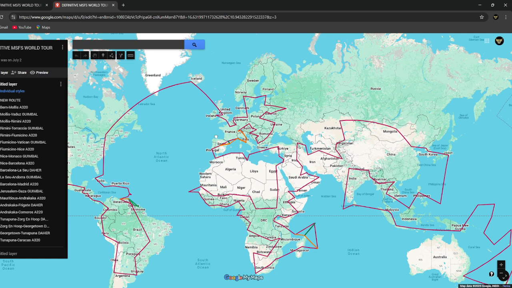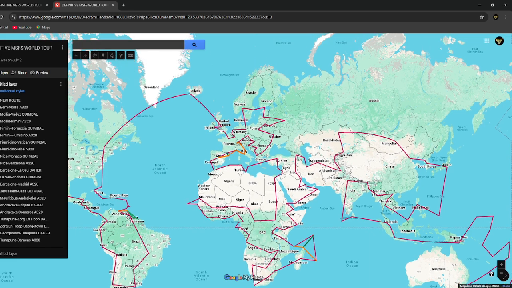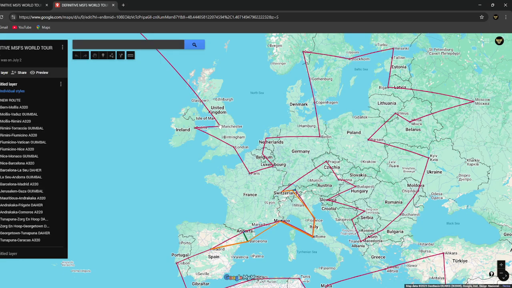The target, the aim, is to visit all 195 countries, getting as close to or in the capital city of all 195 countries. So we start at Manchester, my hometown, which obviously isn't a capital city. We do flight 1 over to Dublin, Ireland, flight 2 to London, obviously the capital of the UK, if you want to put it like that, and then into Europe, so Paris, then Luxembourg, Belgium, Netherlands, on we go around Europe. So 99% of the time it is simply capital city to capital city, point A to point B in